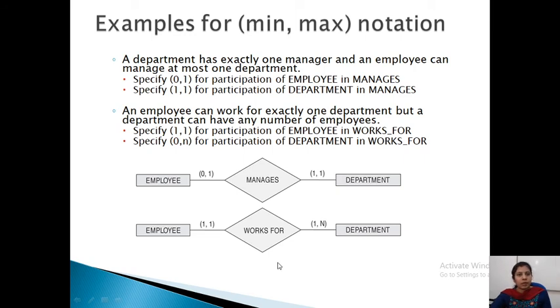With 0 employee, department does not exist. And maximum how many employees it can have? So n number of employees. We don't know the maximum number. Suppose if they specify maximum 10 employees can be there in each department, then I can write 1 comma 10. But here we don't know what is the maximum. That's why we'll specify it as n.